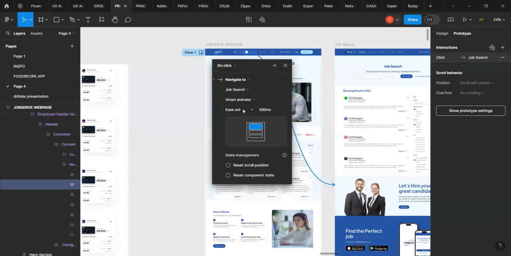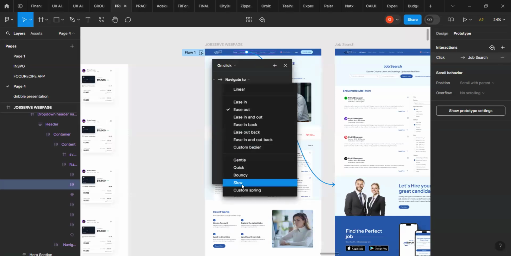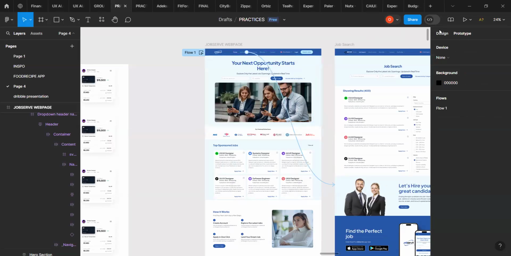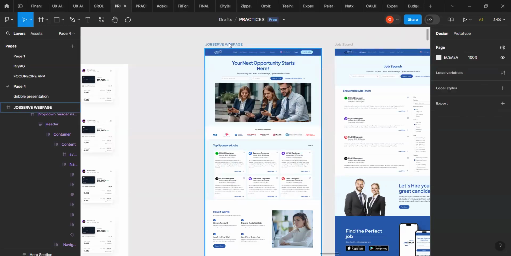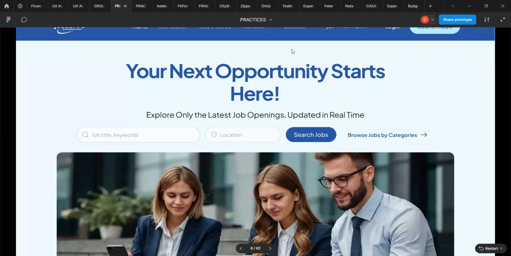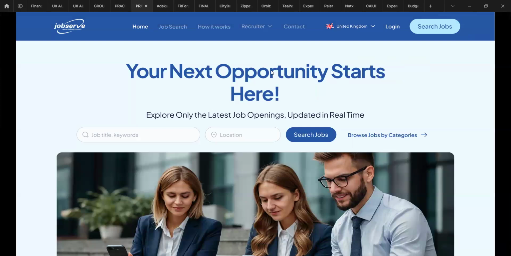I'm going to use slow and I'm going to use 800. Let's see. Now I have prototyped it, right? Now let me show you. So let me present. So when I click here,